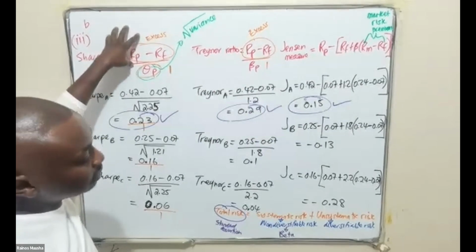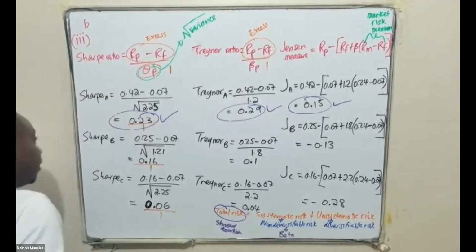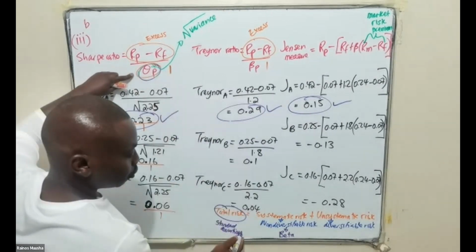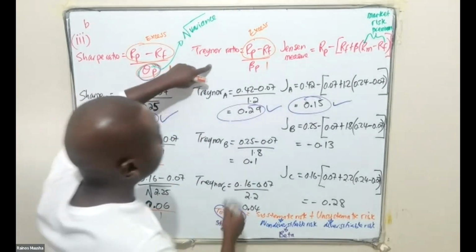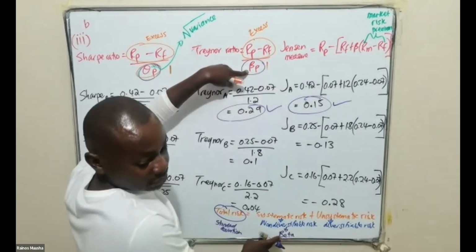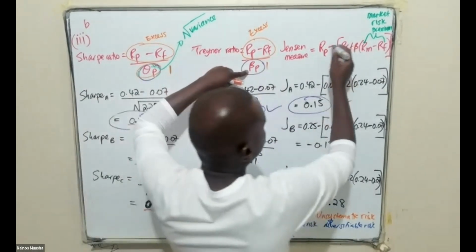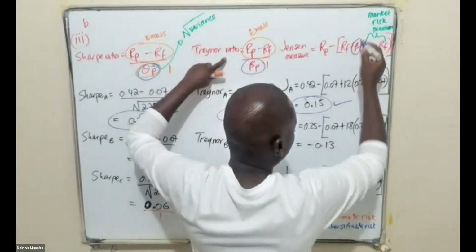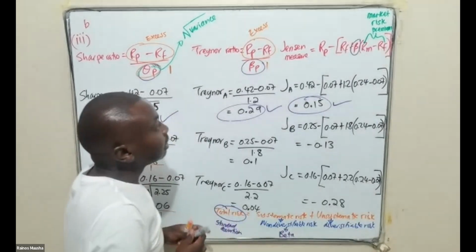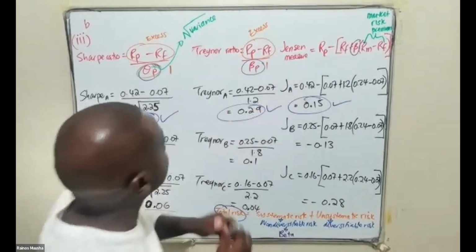The reason why we say the standard deviation is more superior is mainly because, remember, the standard deviation measures total risk, but your Treynor measure only takes into account systematic risk, and your Jensen measure only takes into account systematic risk as well, which means these two